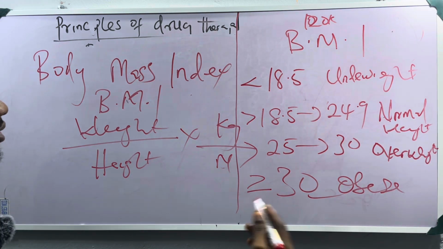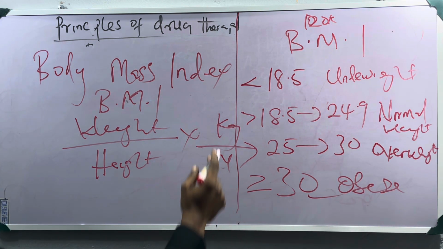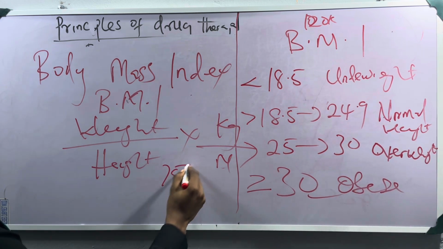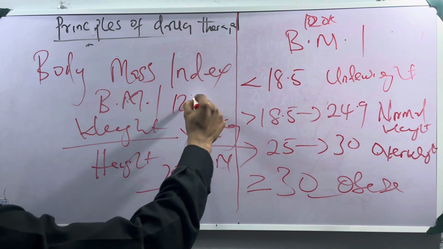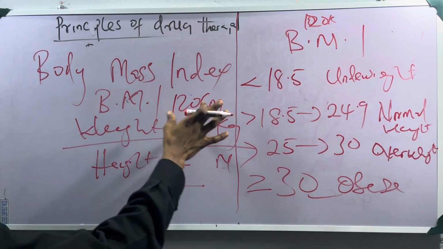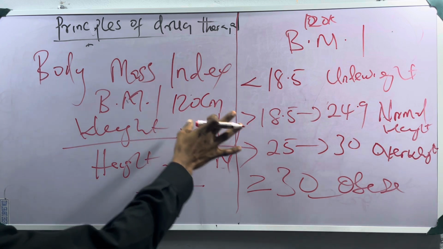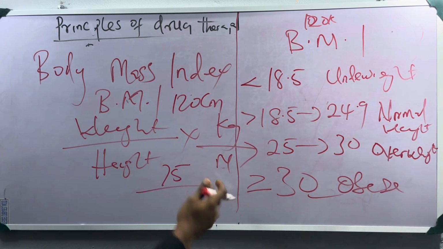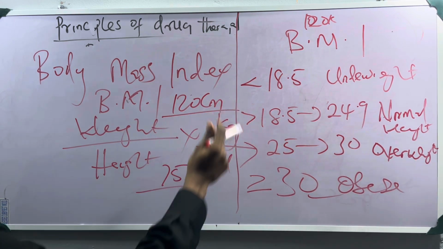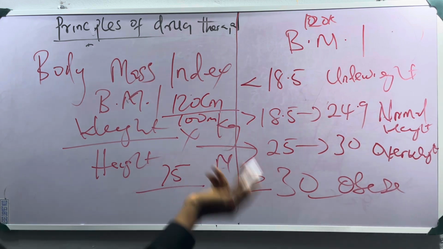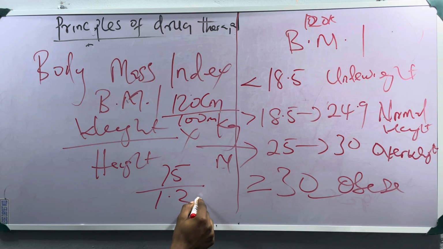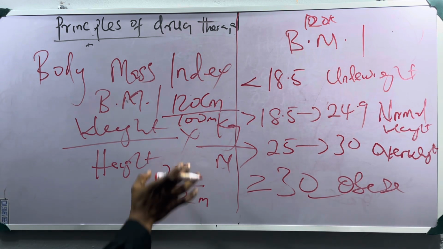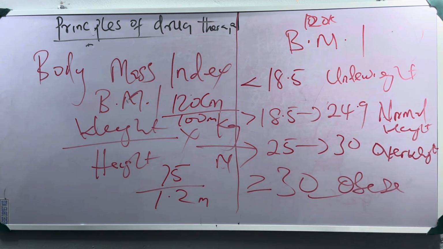So how do you check it? Let's say, for instance, somebody has a weight of 75, and your height, let's say 120 cm. I want to use cm because it is easier to convert to meters. So how do you convert cm to meters? You divide it by 100. So 120 divided by 100 will give you 1.2 meters. So if you divide this 75 by 1.2, it will basically give you around,